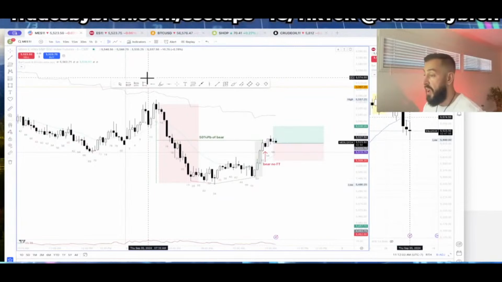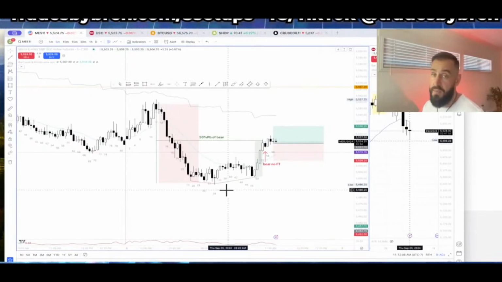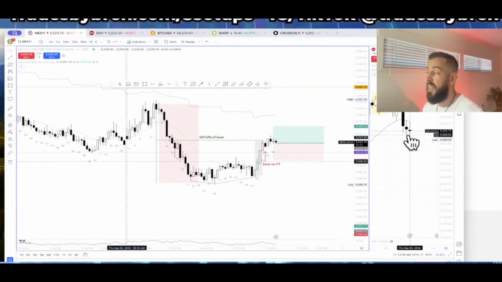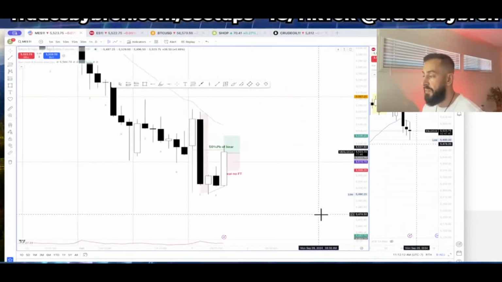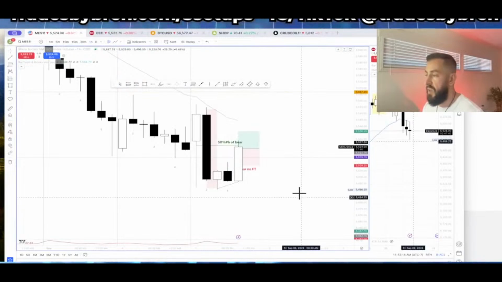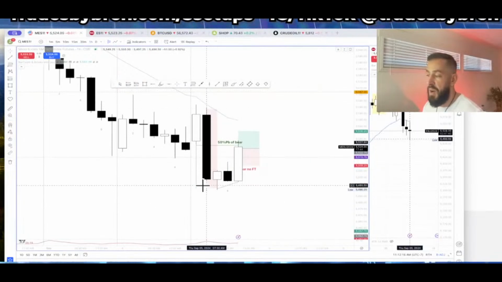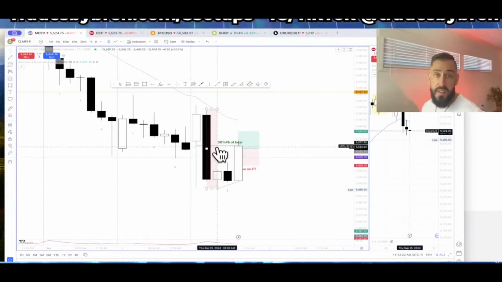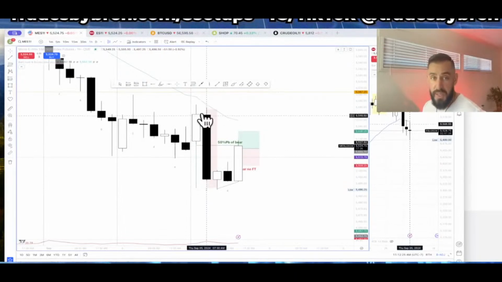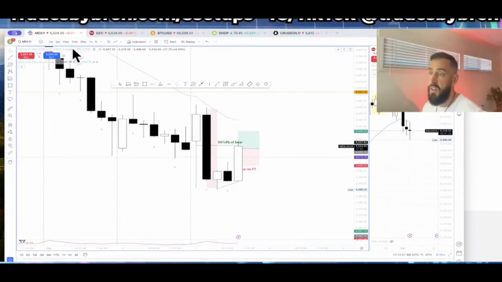So for the traders that are trading this on a higher time frame, like let's say the traders who are trading the daily chart or maybe even the hourly chart, they see this as a bear breakout. They see this as a 50% pullback. That's a possible re-entry short, for the bears that are still holding here, or they want to re-enter.